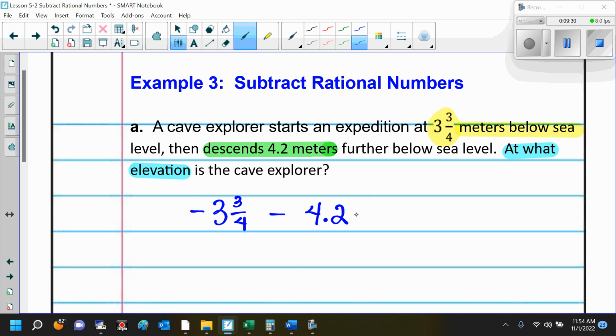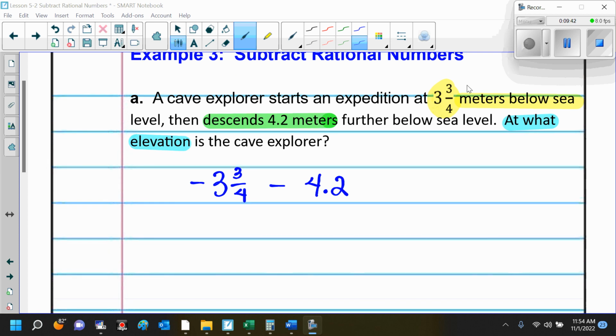Okay, now we have a fraction, we have a decimal. The first decision we have to make is, do I want to change my fractions to decimals or my decimals to fractions? All right, so I would choose fractions to decimal also because, of course, 3/4 is one that you know, right? What's 3/4? 0.75. Very good. So here, this is equal to a negative 3.75 minus 4.2. And then now we're just subtracting